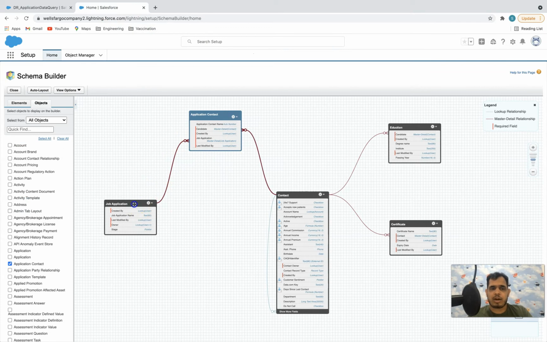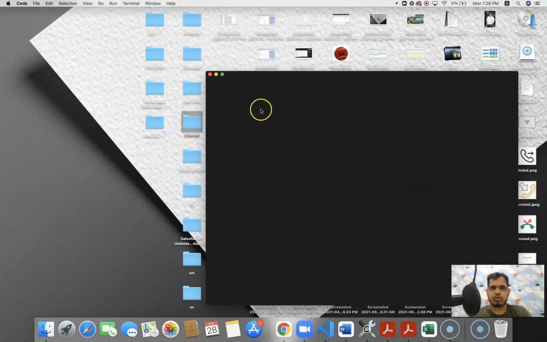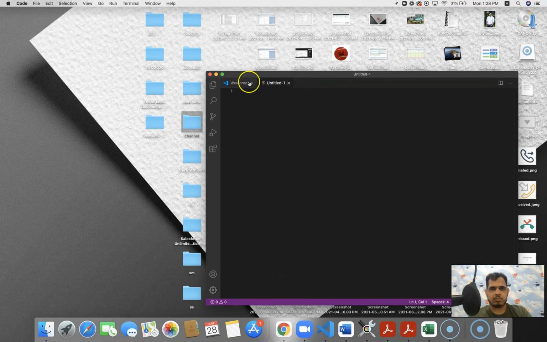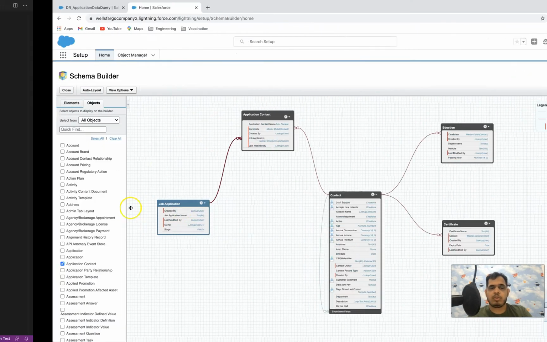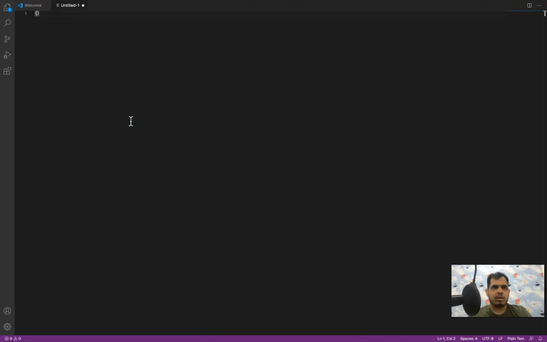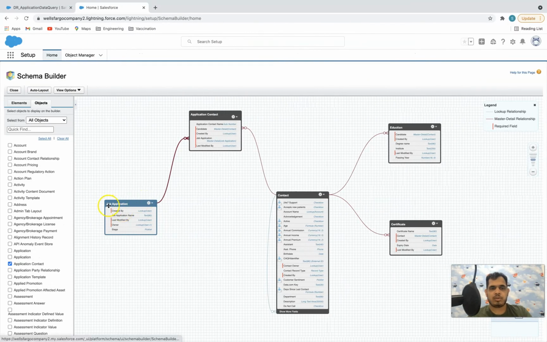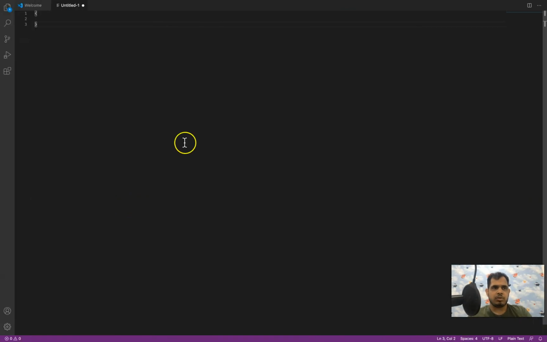Okay, so one thing is, let's see how do we structure this first, right? So let's say I want to make a JSON from this whole data. How can I make it? So let me go to VS Code and, so what I want is, at the root level, basically I want the fields of the job application, right? So basically I can say, okay, I want stage and it should be, let's say, draft.